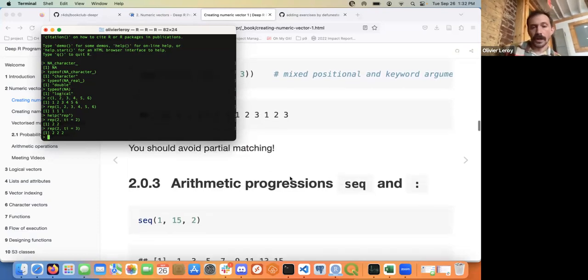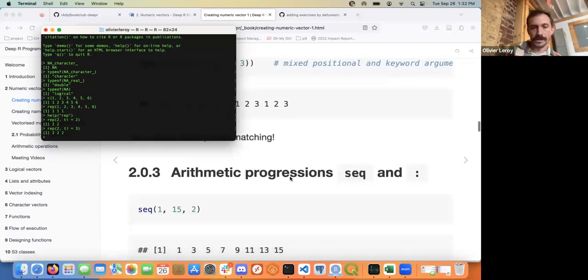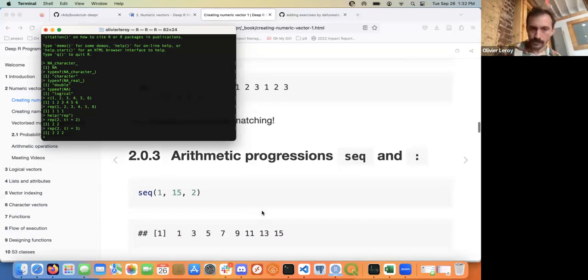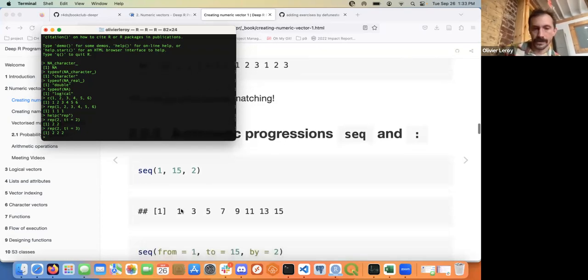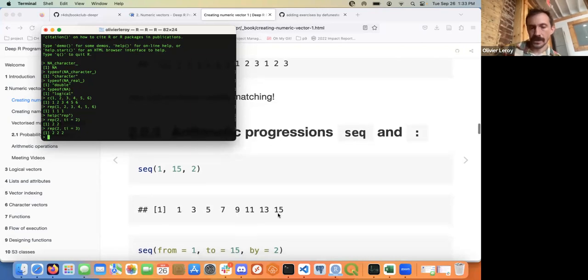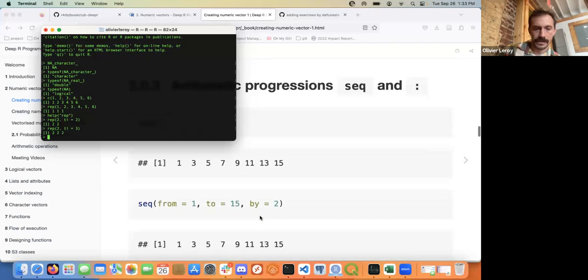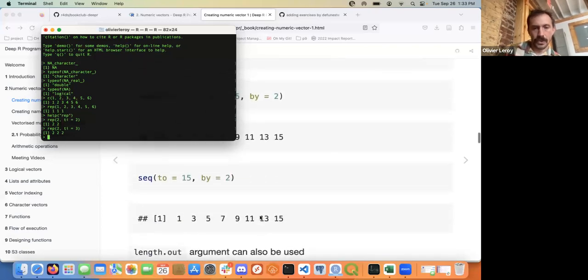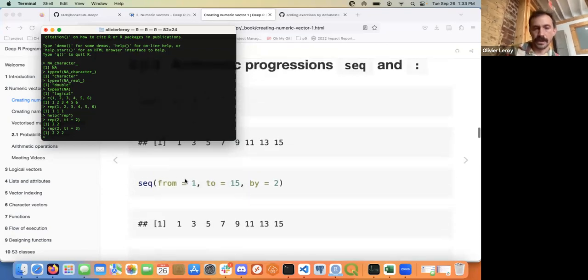Okay, we can do our arithmetic progression using either seq, for sequence, or the colon. So a sequence from 1 to 15 by jumps of 2 will provide a vector 1, 3, 5, 7, 9, 11, 13, 15, etc. Nothing hard about that. You can also just keep from here, because if you check